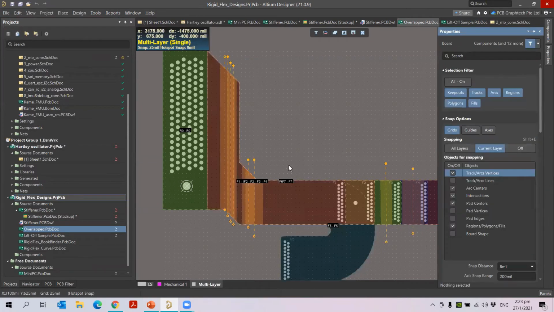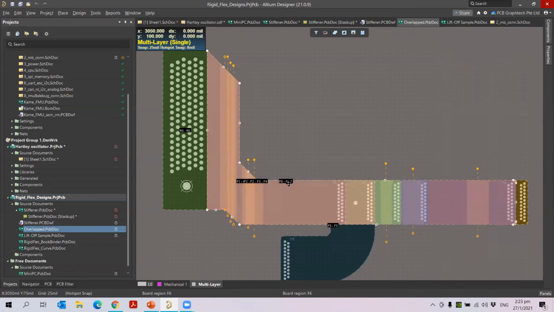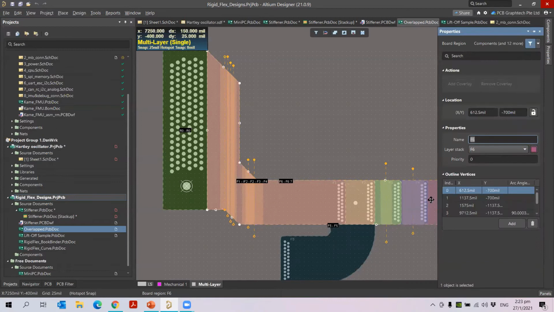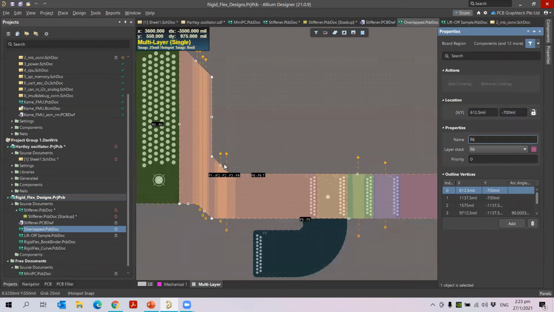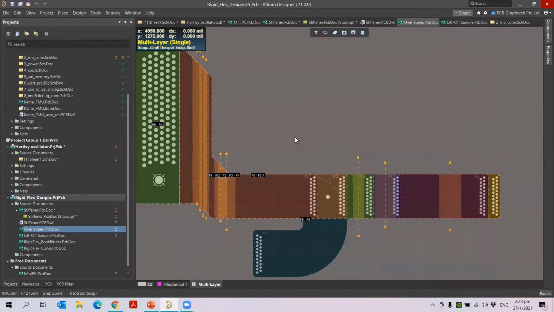Next I just want to click on another layer. When I double click on this, you will see the F6 layer, and you can see the priority level here. The priority level is very important. Since more layers are overlapped, the priority of selection for this region will depend upon the highest priority number. For example, if any one region has a priority number of 5 or 6, that has the highest priority for bending of the regions.